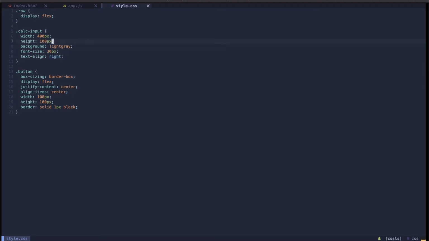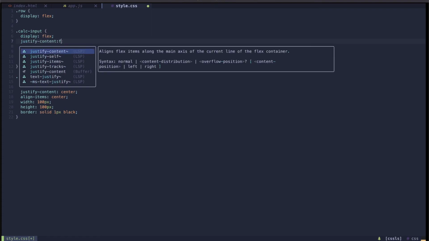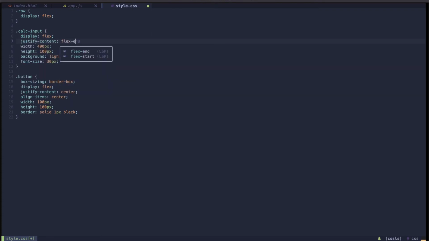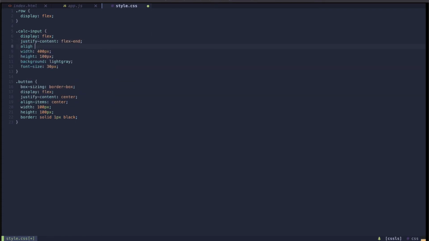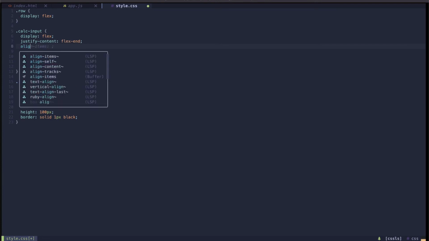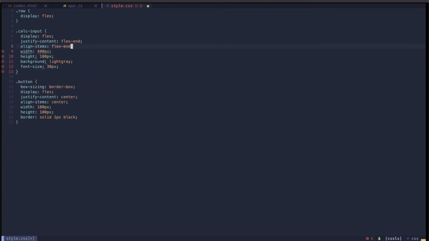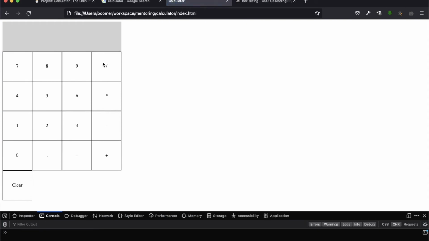I guess we could do, so if we get rid of that, we can do display flex, we could do justify content flex end, and we can do align items flex end as well. Yeah, cool. Okay, awesome. Okay, so we're getting those in there,